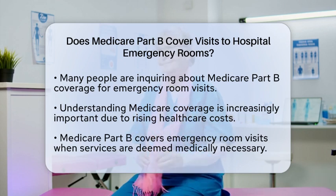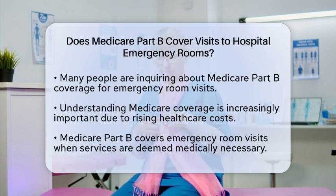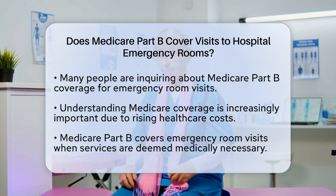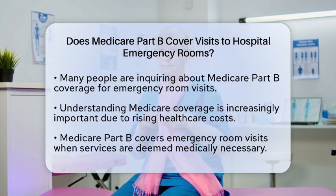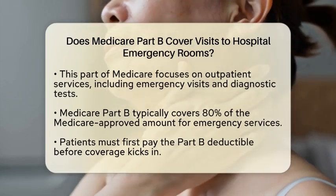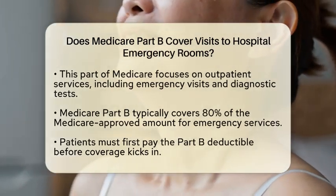If you or a loved one relies on Medicare, you may be wondering how emergency room visits fit into your plan. Medicare Part B does indeed cover visits to hospital emergency rooms when the services are medically necessary. This part of Medicare focuses on outpatient services, which includes emergency room visits, diagnostic tests, and doctor services provided in